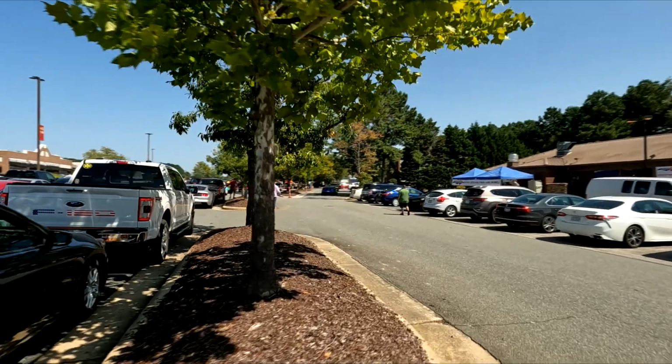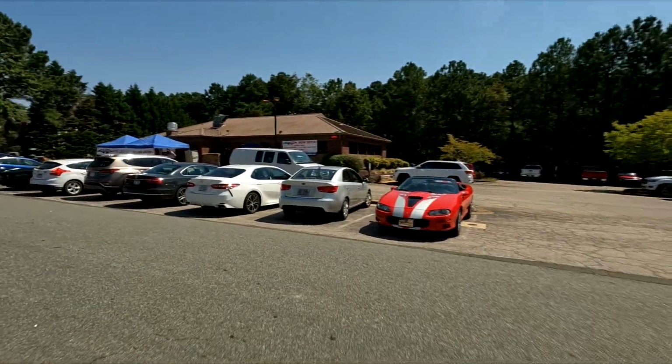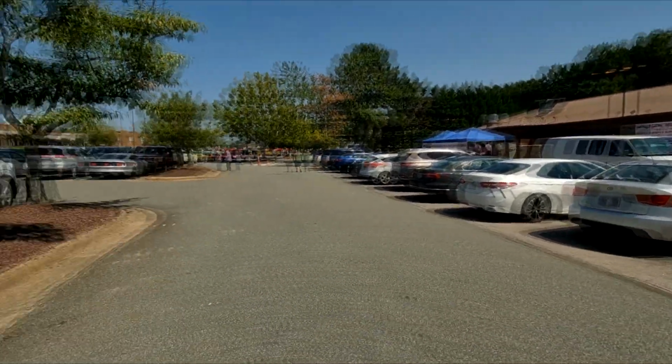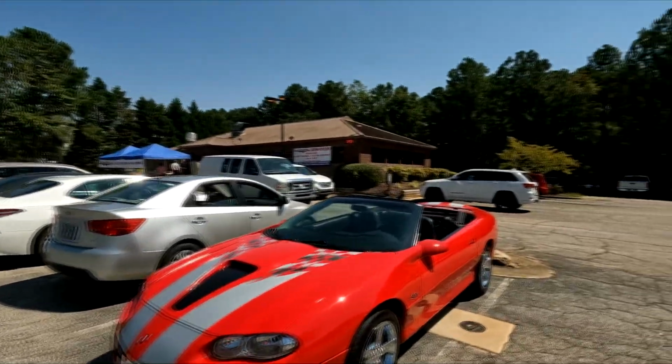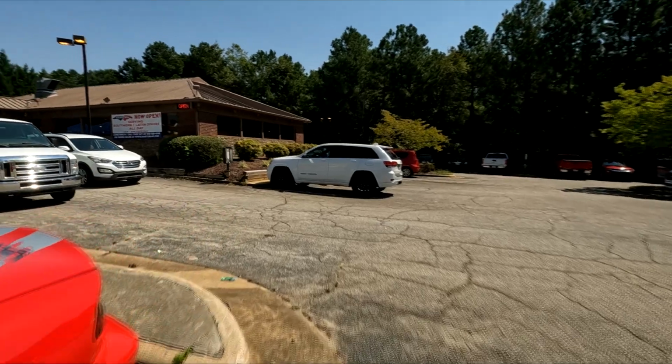And it isn't really that hot if the breeze is going and you're kind of in the shade, but standing right in the sun, not moving, it can get a bit rough. So if you do go to a car meet, get those chairs that have a little umbrella over. Anyway,